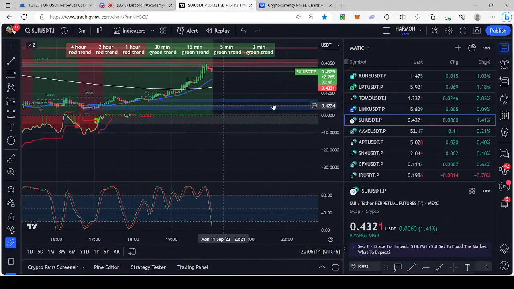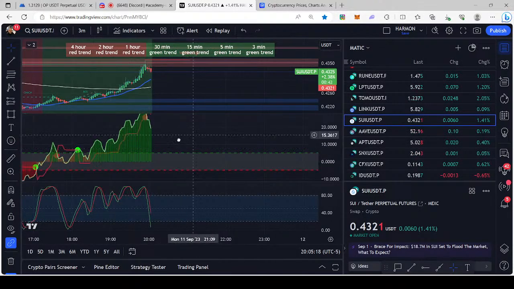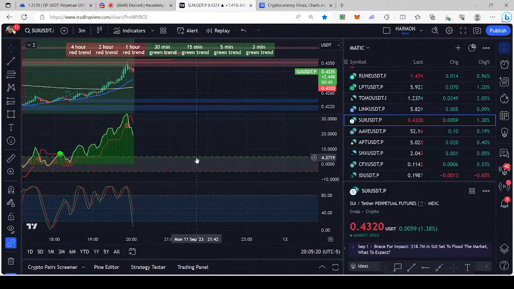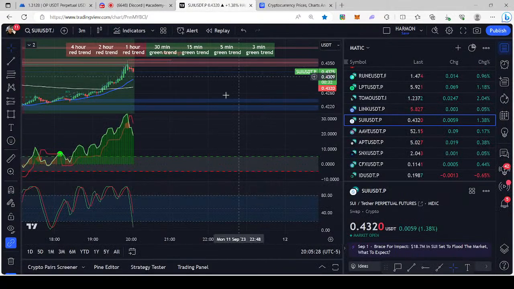Gotcha. Thanks. So if I was going to go long on Sushi, go ahead. Just before we, if we wanted to touch on the fair value gap thing, yeah, if you go back to OP, and I don't